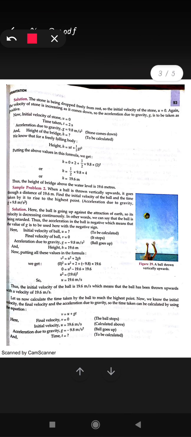So now we will be seeing the solution. Whenever the body falls vertically downwards, the value of u will be 0, and the time is given as 2 seconds, and h is to be found. We only know these 3 values, and g is obvious, that is plus 9.8 meter per second square. So we will be using the second equation of motion, that is h is equals to ut plus half at square. We just have to put the values in h is equals to ut plus half gt square, using g instead of a.